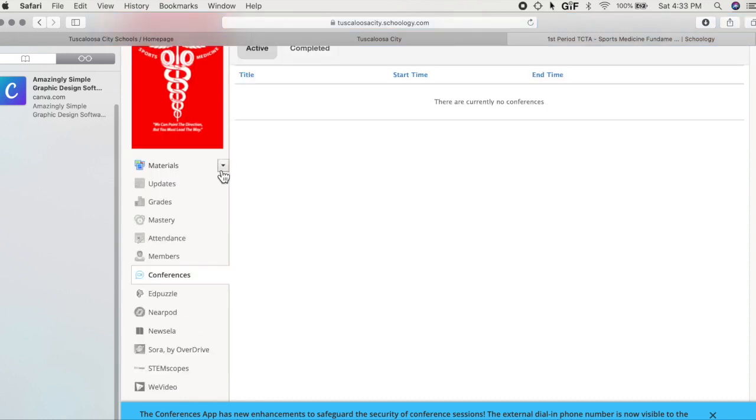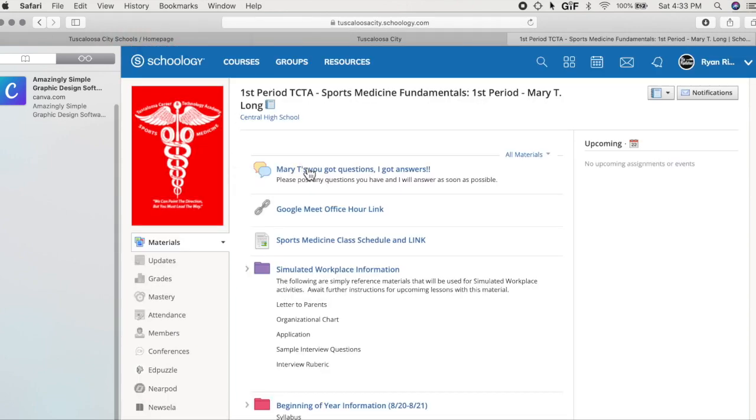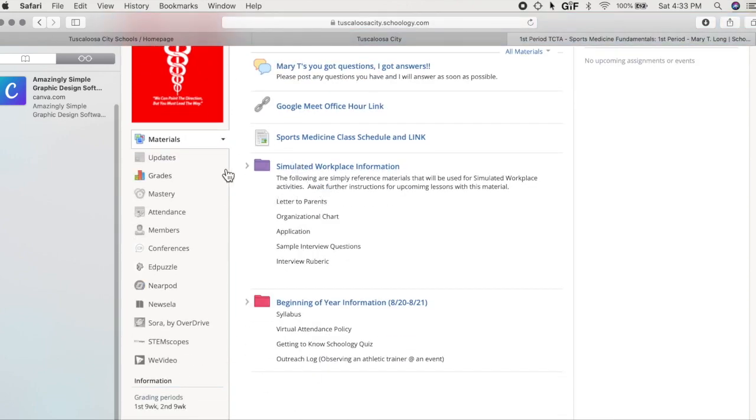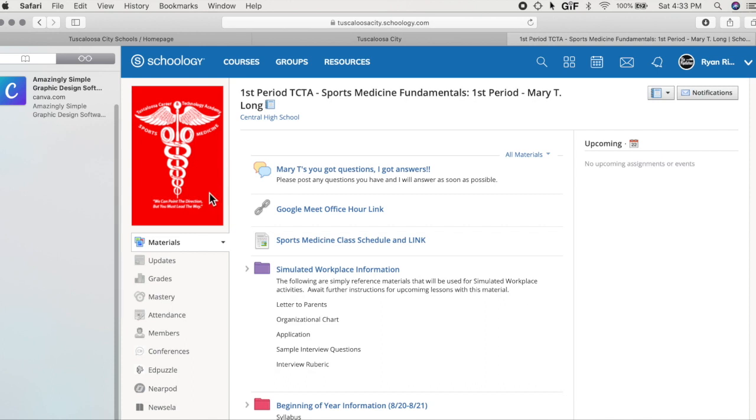You can see there's a little drop down menu right here. So if we click that drop down menu, we can see what folders are inside the course. So I'll just click right there. So the two folders you see right here align with the two folders right here. So I'm going to go ahead and go into the course, and the first thing Mary T has here is